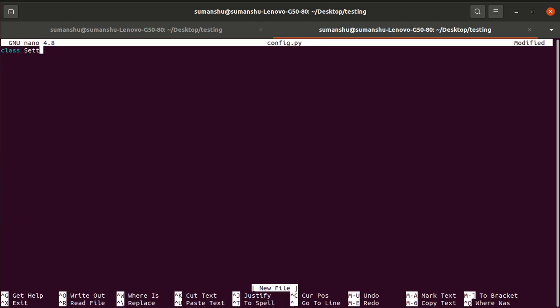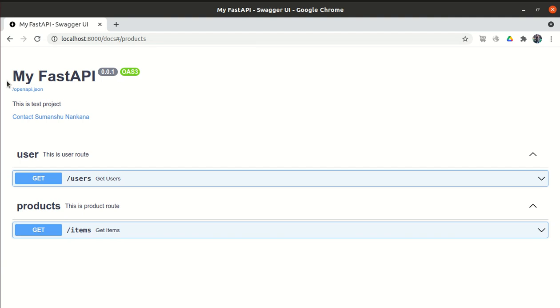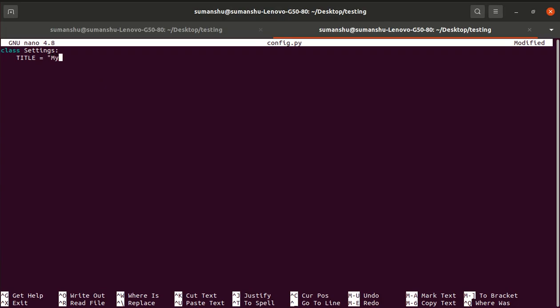Okay, so let's create the configuration file with the name config.py and give the class name as Settings. Let's set the variable names. We need the title of the application, which is My FastAPI, the title coming from the config file.